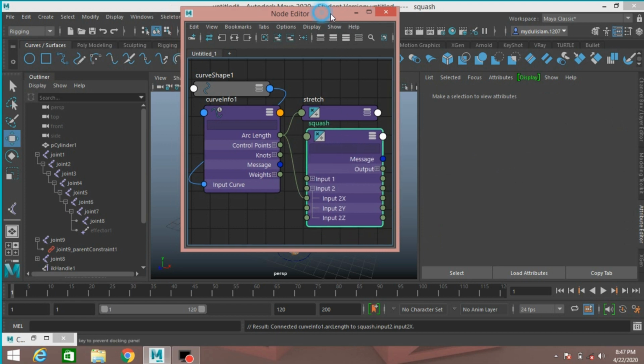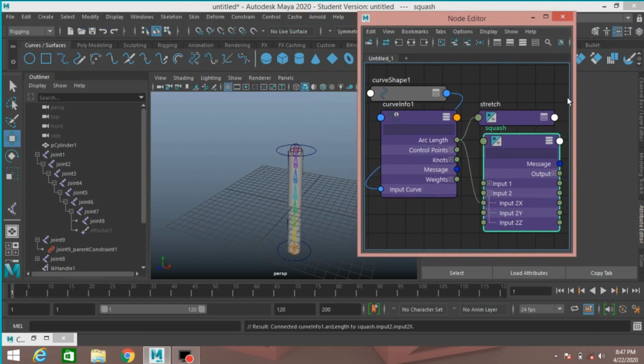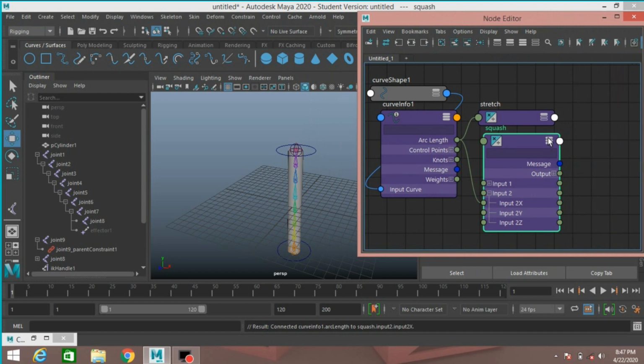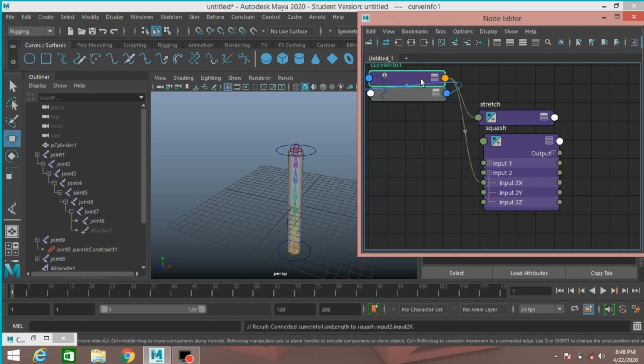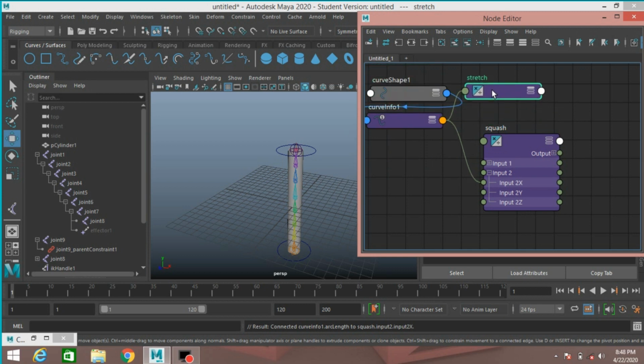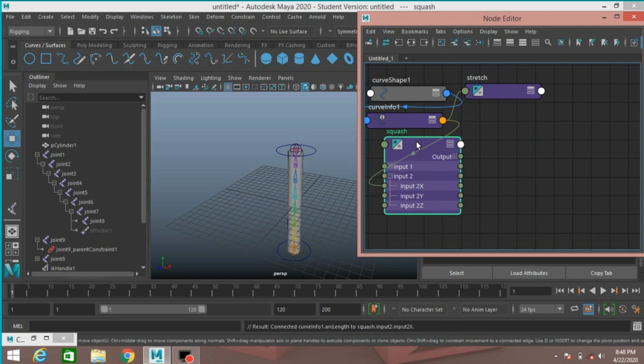Now again put it here, this also here, this here.